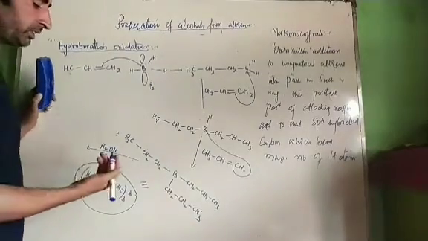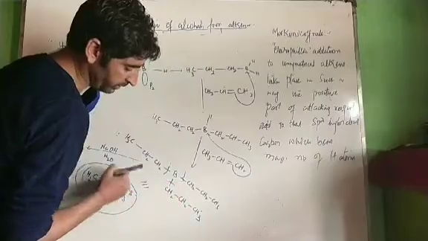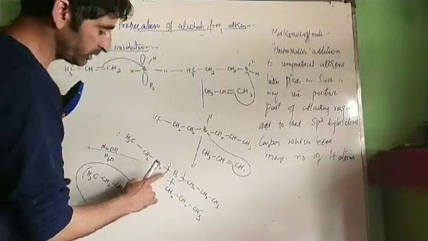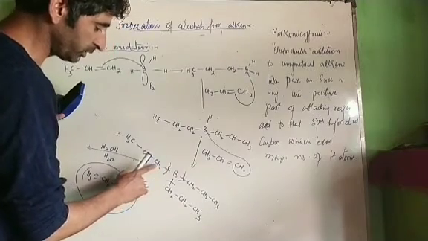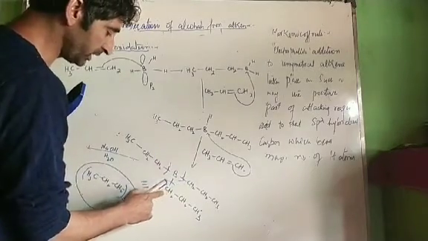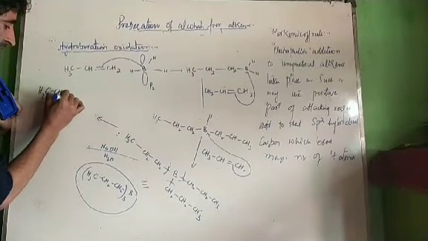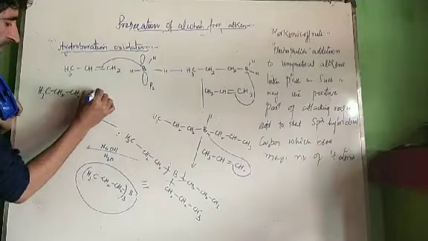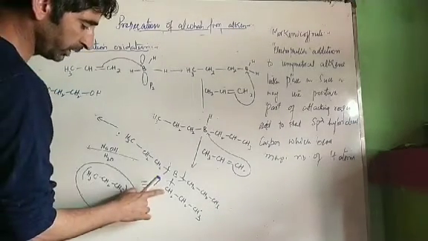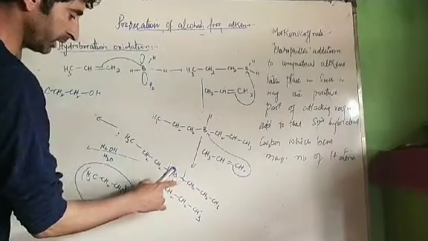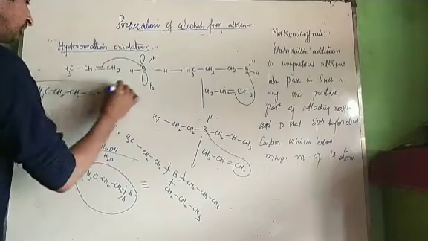Now see what happens. We'll break this bond, this bond, and this bond. If I break this bond towards this atom, it becomes positively charged. OH attacks over here, here, and here. We get 3 molecules of CH3, CH2, CH2, OH, one molecule from each, and we get back BH3. Now this is the mechanism of the reaction, hydroboration oxidation.